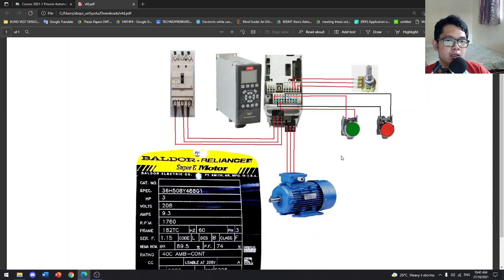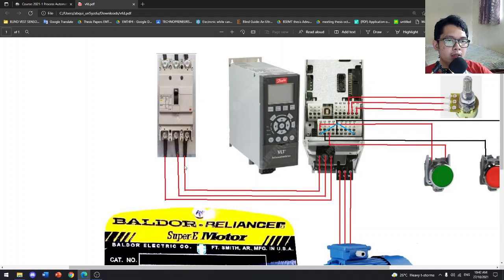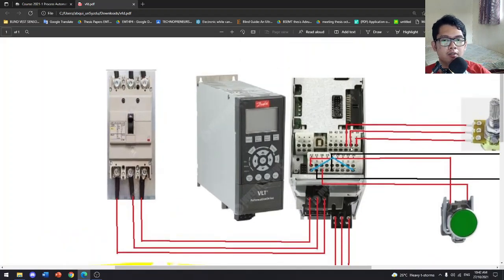Then as you can see, there are jumping wires coming from the circuit breaker, the electrical motor, push buttons, and potentiometer. So from our circuit breaker, I connect here the line 1, line 2, and line 3 to the inverter in this portion. Okay? And then, as you can see, there is a connection right there coming from terminal 27 to terminal 12, and then terminal 27 to terminal 8, terminal 20. The purpose of this connection is to converse. And then